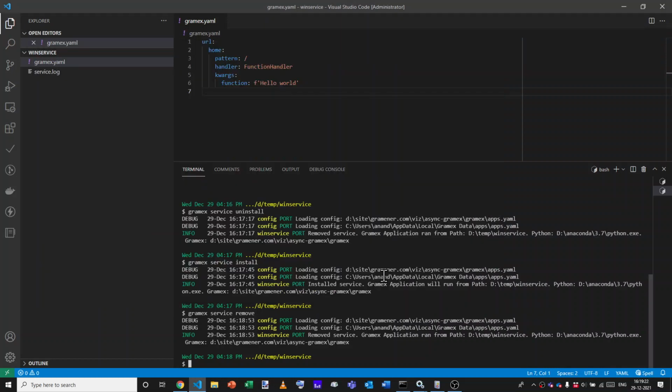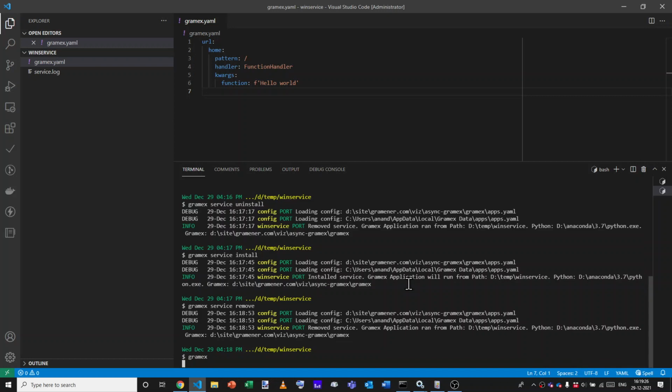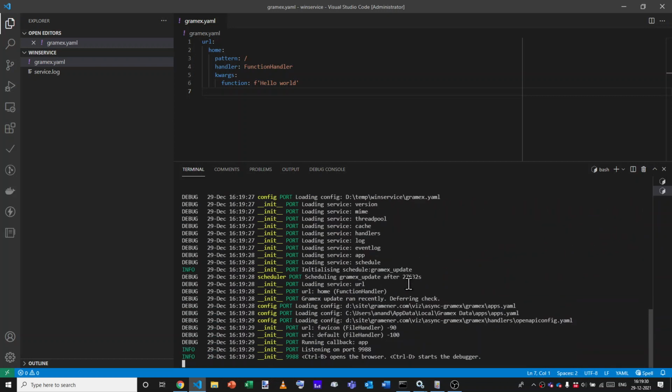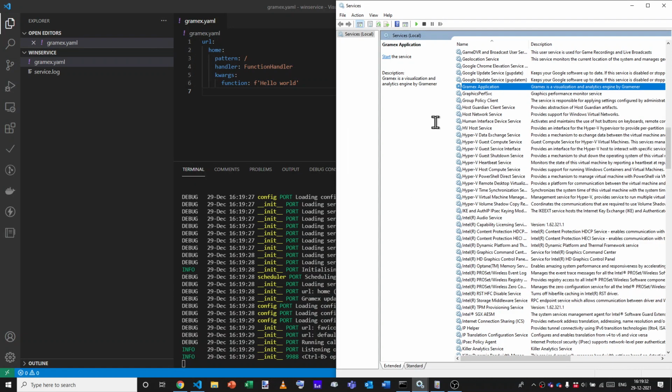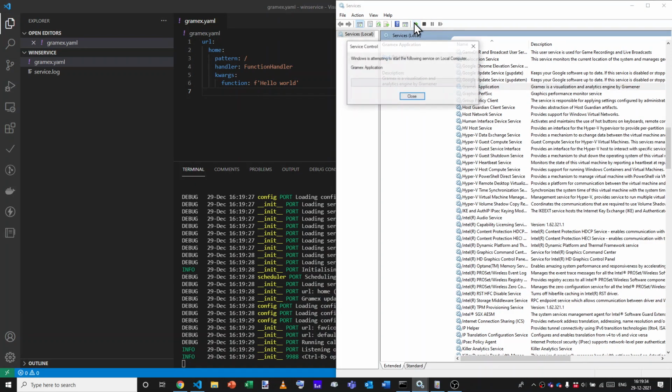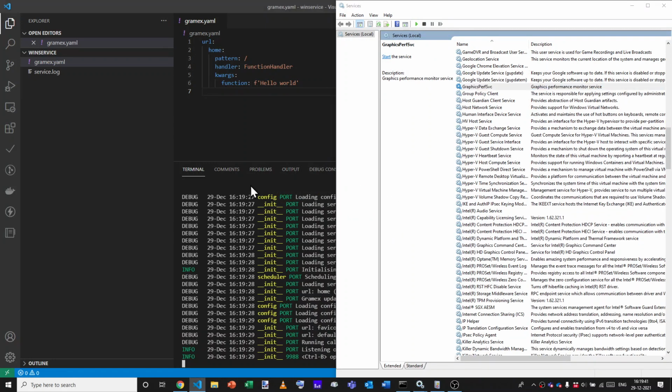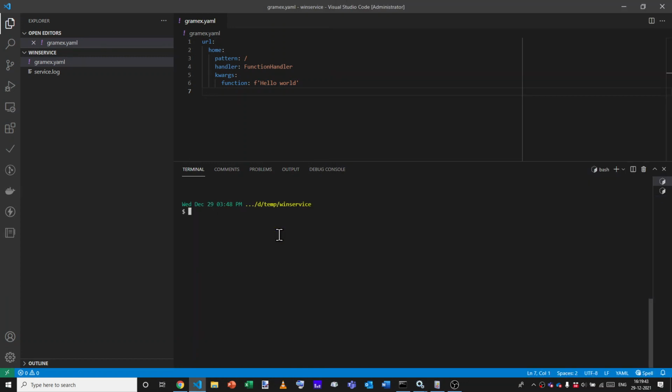Let's look at another situation. Supposing you're already running an instance of Gramix on port 9988. Now, when this is happening and you also try and start the service, this won't work because Gramix is already running. Maybe I forgot to install the Gramix service. So Gramix service install.